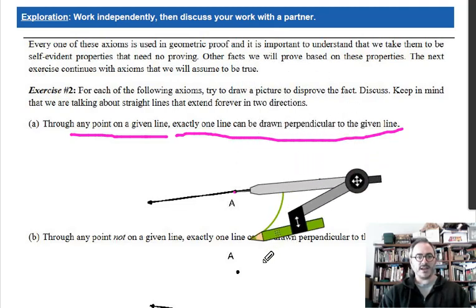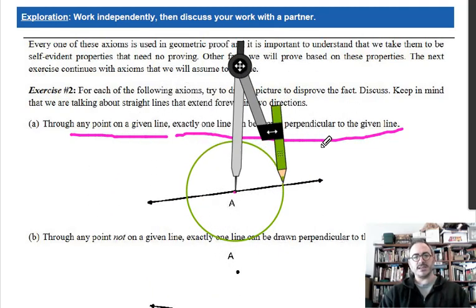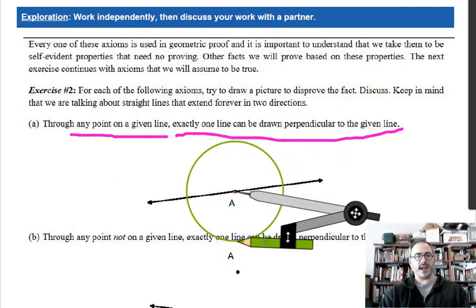And why do I need a circle? Because I need two equidistant points from point A. I need 2 points that are going to be the same distance from point A, and a circle helps me do that. The definition of a circle is all the points that are equidistant from the center. I put my compass on the center, I drew a circle, and now I know all these points are equidistant from A. They're all the same distance. Every radius here is going to be the same distance from A. So then what I can do